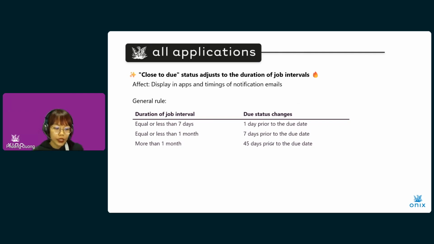And how can you see this change? You will see it in the way the close to due status is displayed in the equipment list, or in Onyx Worker, in Onyx Work, or in any apps, and in the timing of the notification emails. So if your company turns on the monthly or weekly or another interval of